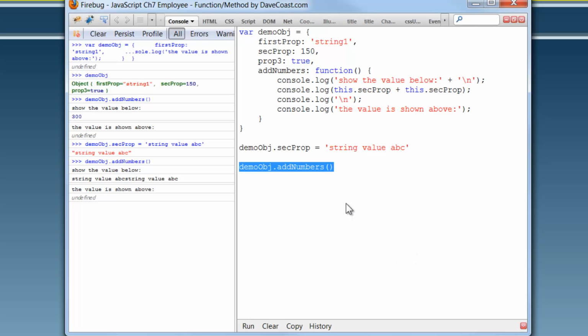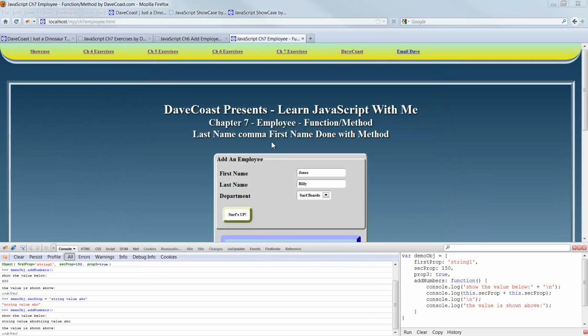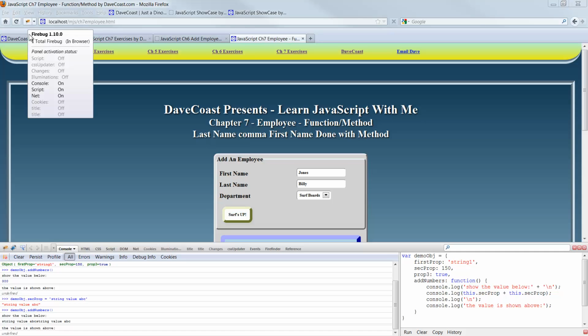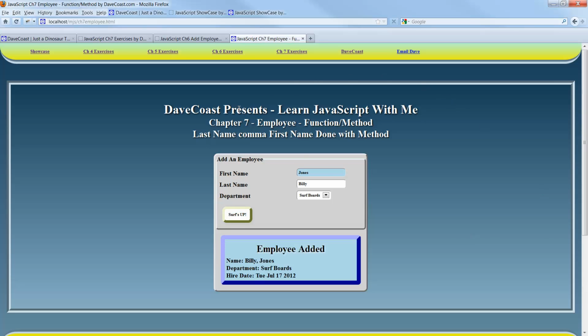Now let's go ahead and look at the actual example here, and we'll look at the specific code. And please note, this console within Firebug, you can use the console in the other tools out there. I'm sure they have them. I just find the Firebug one has been the easiest one for me to work with. Love it. So I'm going to go ahead and turn off Firebug for a moment and bring up,